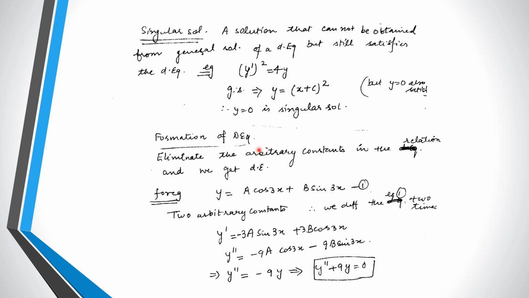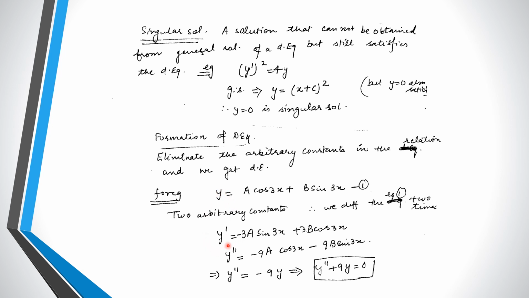Okay, so for example, if we are given y is equal to a times cos 3x plus b times sin 3x, so in this equation we are having two arbitrary constants, one is a, other is b, right? So we have to take the derivative of y with respect to x two times, right? So first find out the first derivative of y with respect to x, then find out the second derivative, right? And then you have to simplify these two in such a way so that we can eliminate these constants a and b, right?